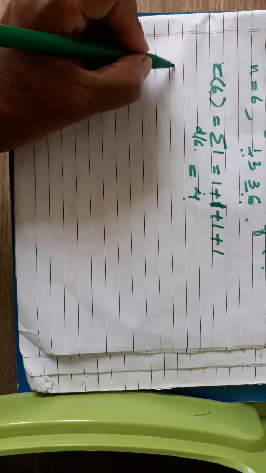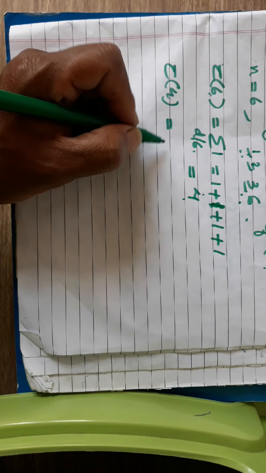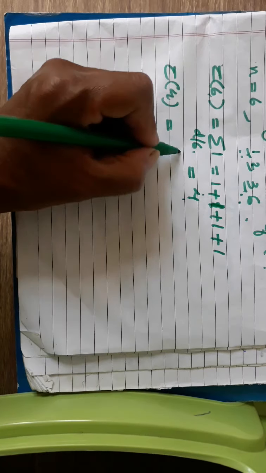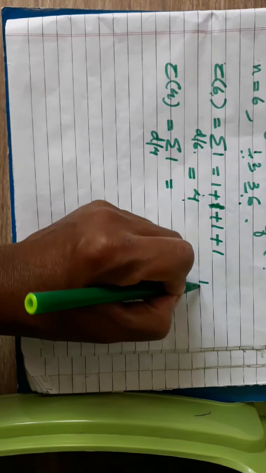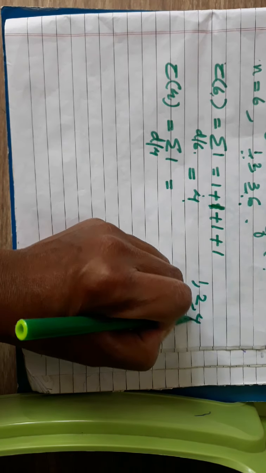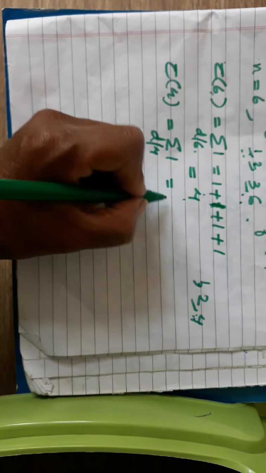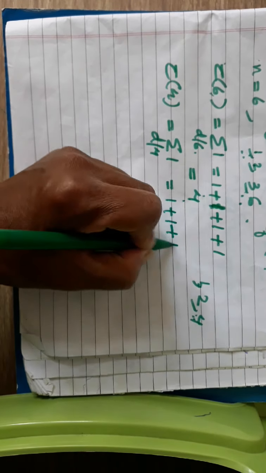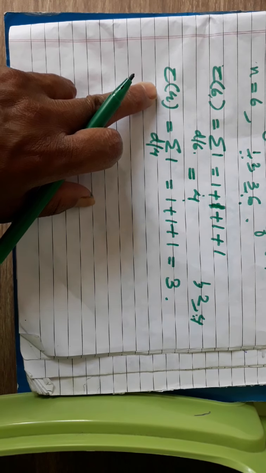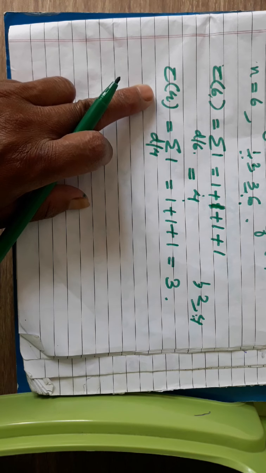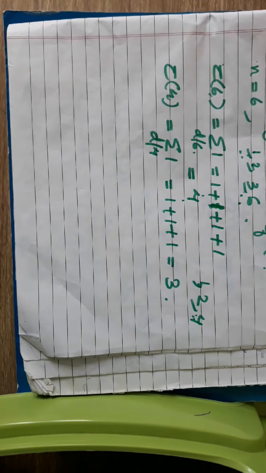Another example: we can take tau of 4. What are the divisors of 4? They are 1, 2 and 4 itself. So the summation of 1, where d runs over the divisors of 4. We add 1 for every divisor, so 1 plus 1 plus 1 is equal to 3. This is how we obtain the value of tau n, the number of divisors function. I'll stop here for